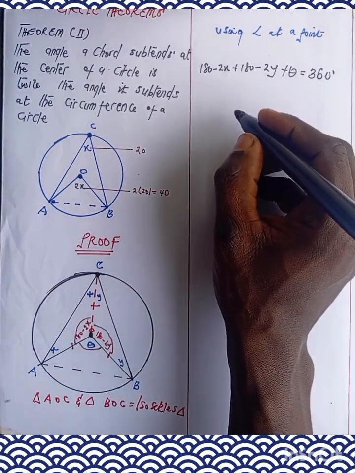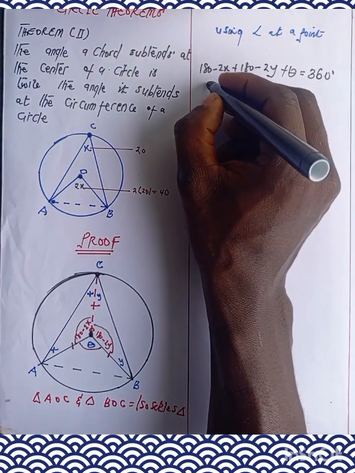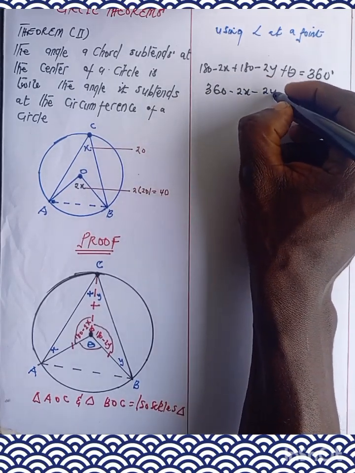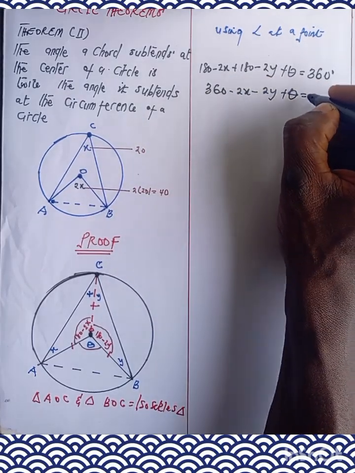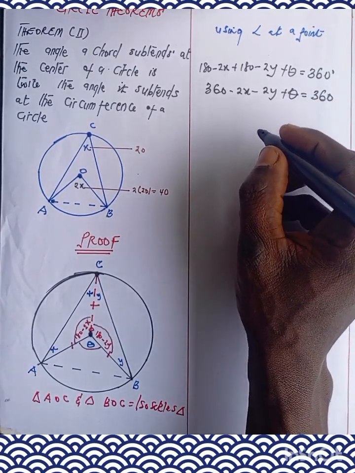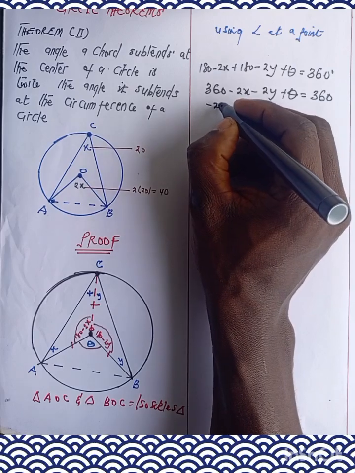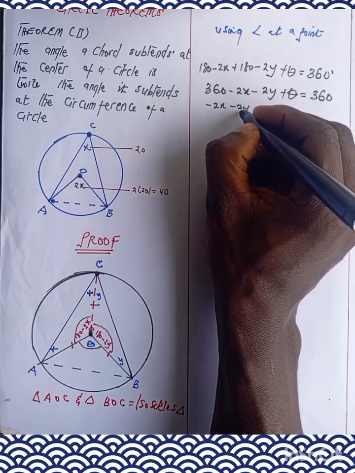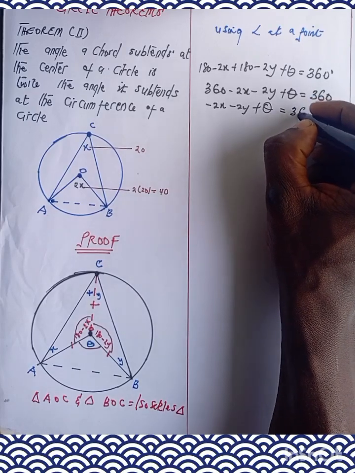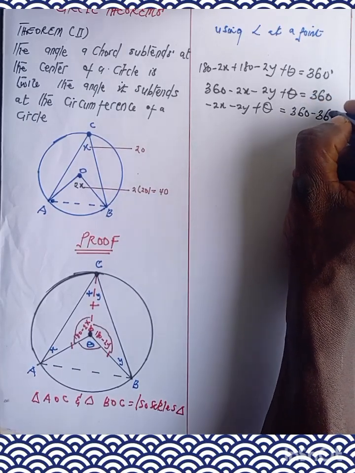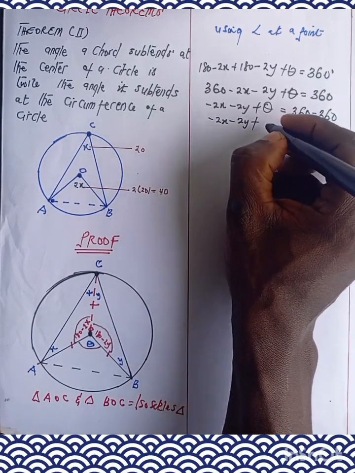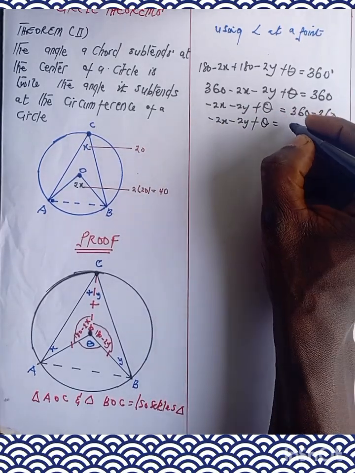360. So we have 180 plus 180, we are getting 360 minus 2x minus 2y plus angle theta is equal to 360. Now let's group like terms more. You can get minus 2x minus 2y plus the angle theta is equal to 360 minus 360. So we are getting minus 2x minus 2y plus angle theta is equal to